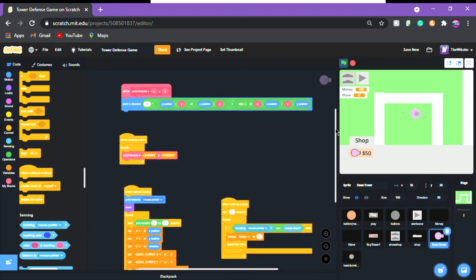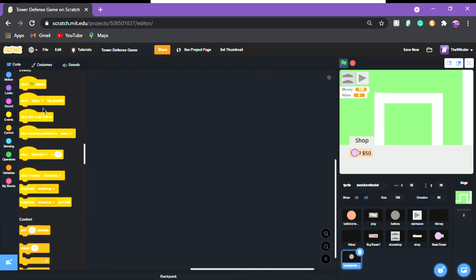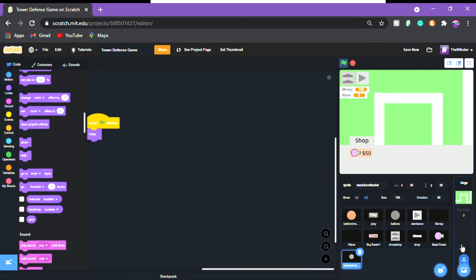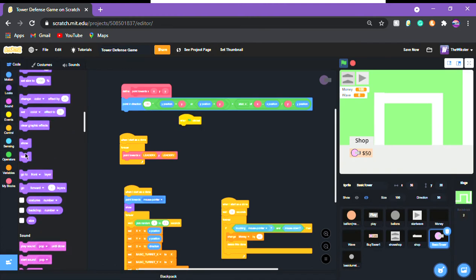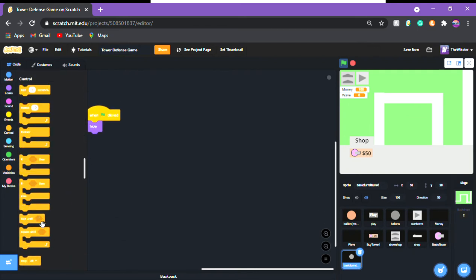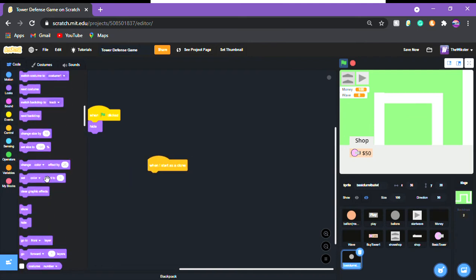We're actually just gonna hide it, and then we're gonna go into the basic bullet, and we're also gonna hide that. So what we're gonna do is when green flag clicked, looks hide, and we're also gonna do that to the basic tower. And we're gonna go back into the actual gun, and we're gonna put when I start as clone, looks show,